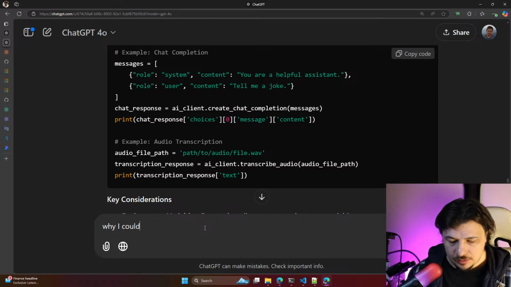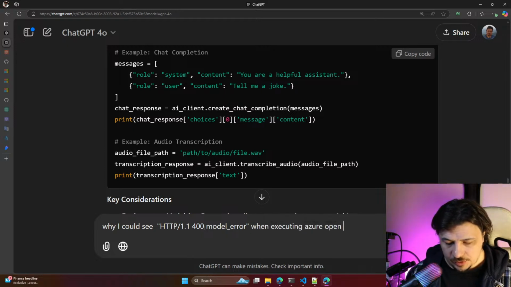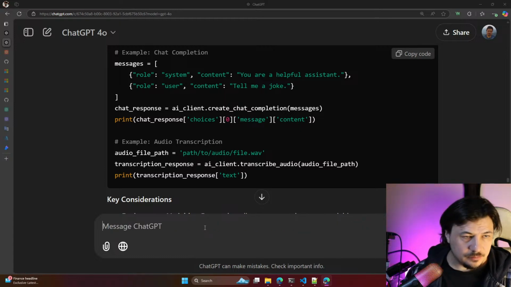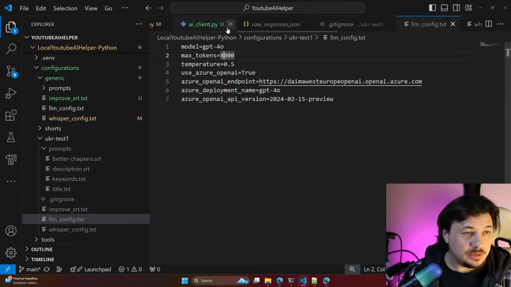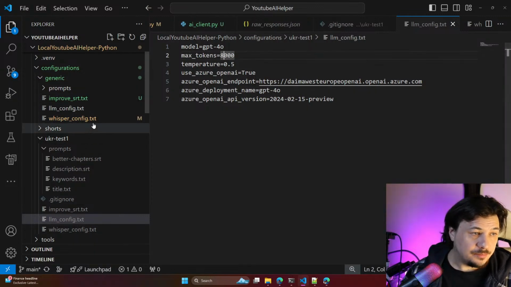Why I could see when executing Azure OpenAI SDK. Interesting. Let's see what is the big difference between